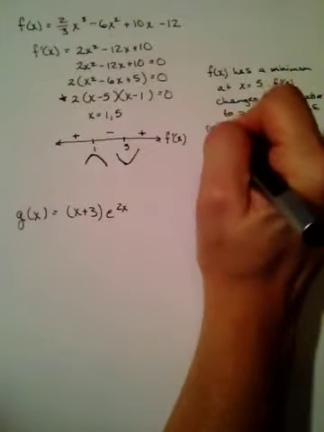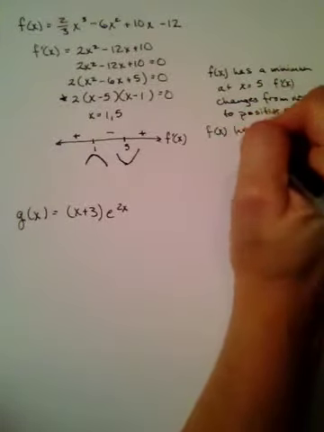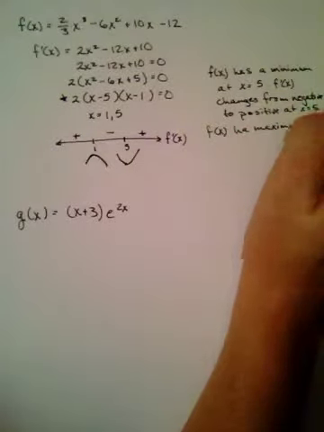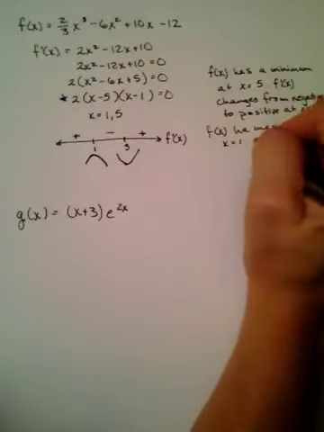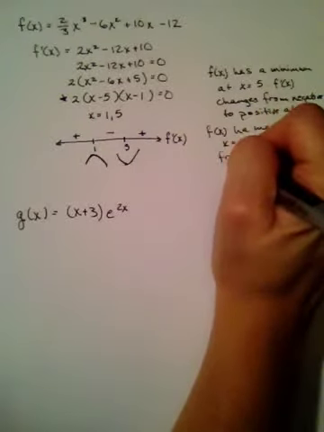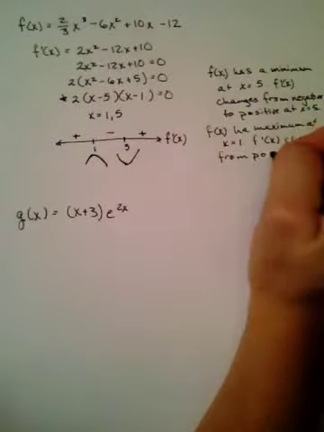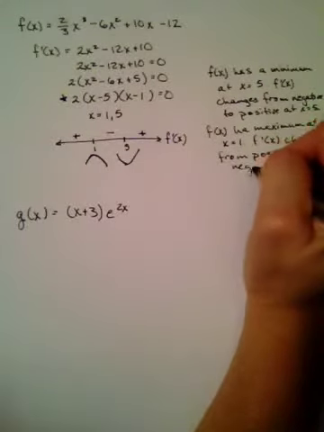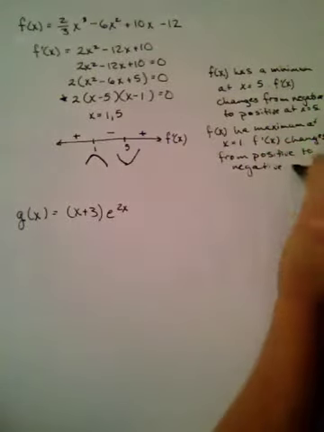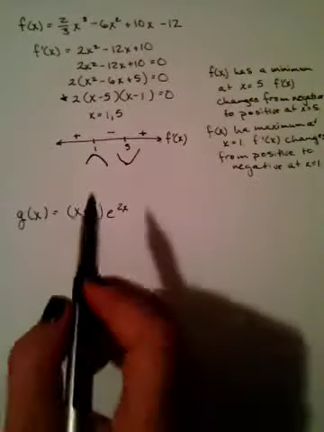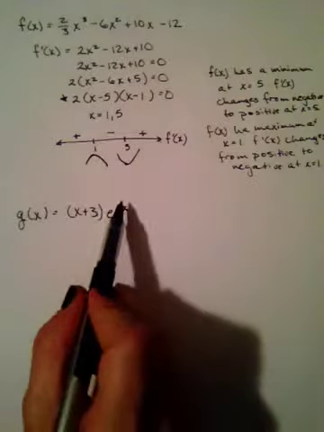Now f of x has a maximum at x equals 1. And I know that because f prime of x changes from positive to negative at x equals 1. So I'm going to do this again, and this time we're making it a little bit